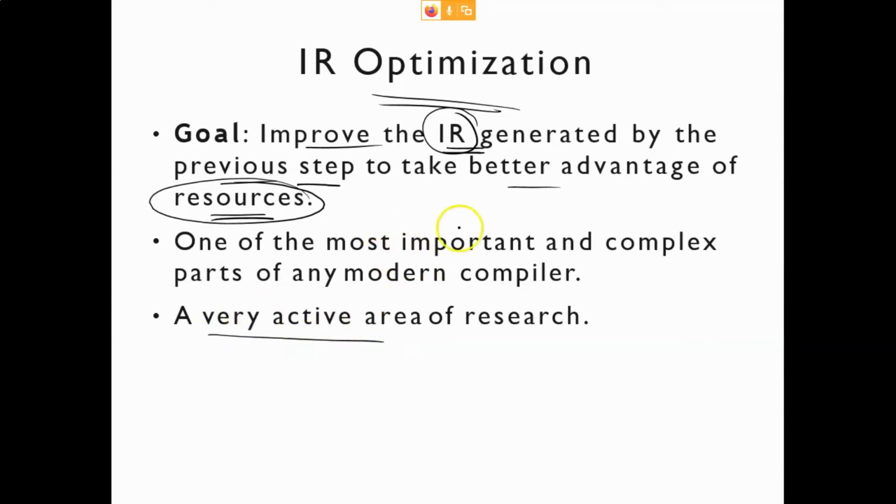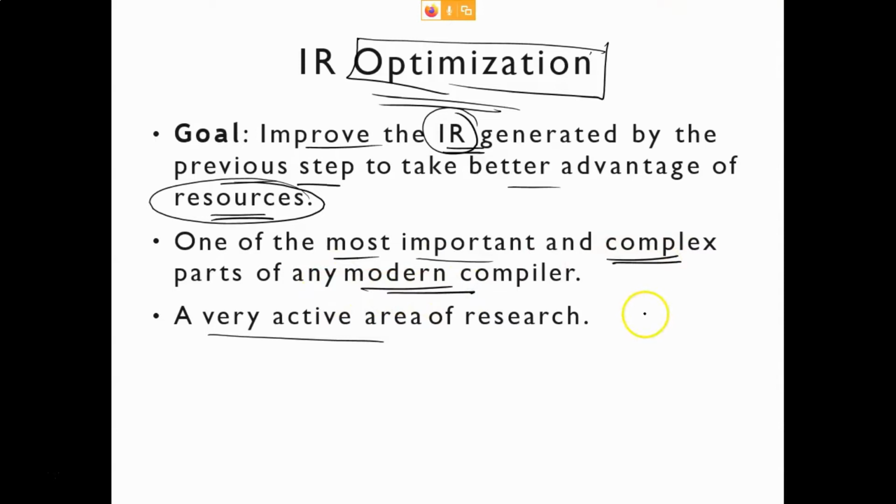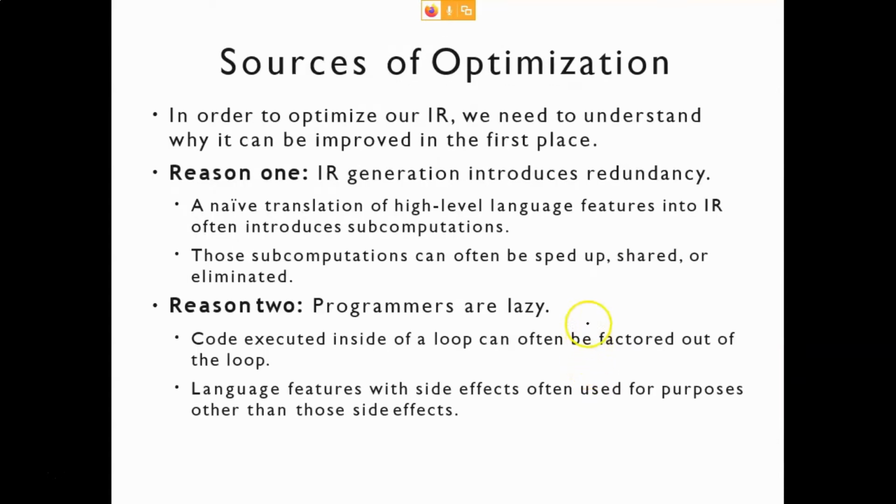This code optimization is actually one of the most, actually it is the most, you can say, important and the most complex part of a compiler. As I told you, a disastrous incident happened, and after that incident this has been a very active field of research. Many researchers are working actively, and every few months new and better optimization techniques are coming. Anyway, let's see. So why do we do the optimization?